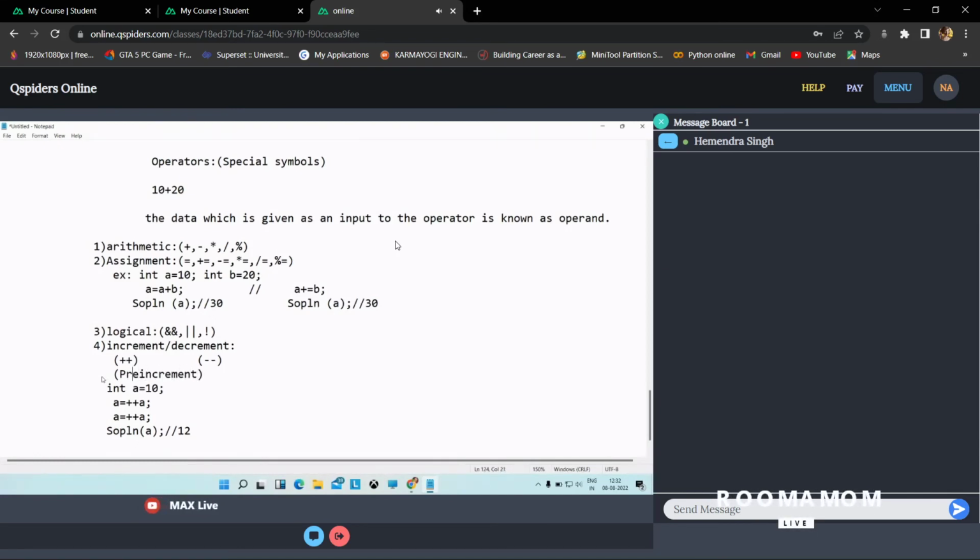Pre-increment means first it will increment the data and then it will make use of the incremented data. First increase the data and assign the data to the variable. After that, make use of the data. But when it comes to post increment,